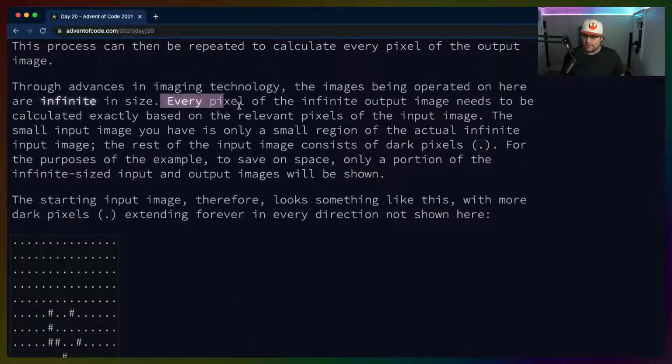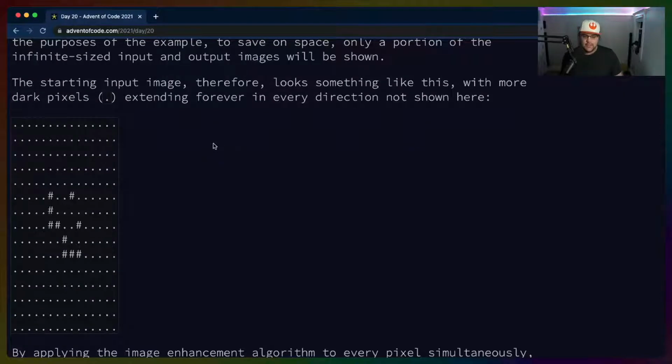Images are infinite in size. Every pixel of the infinite output image needs to be calculated exactly based on the relevant pixels of the input image. The small input image you have is only a small region of the actual infinite input image. The rest of the input image consists of dark pixels. For the purposes of this example, to save on space, only a portion of the infinite sized input and output images will be shown. So I'm leaning towards